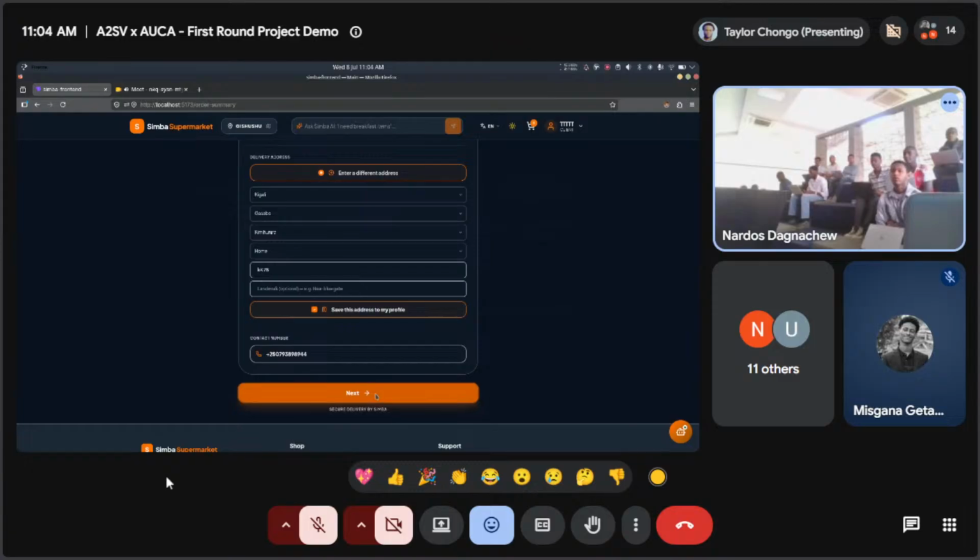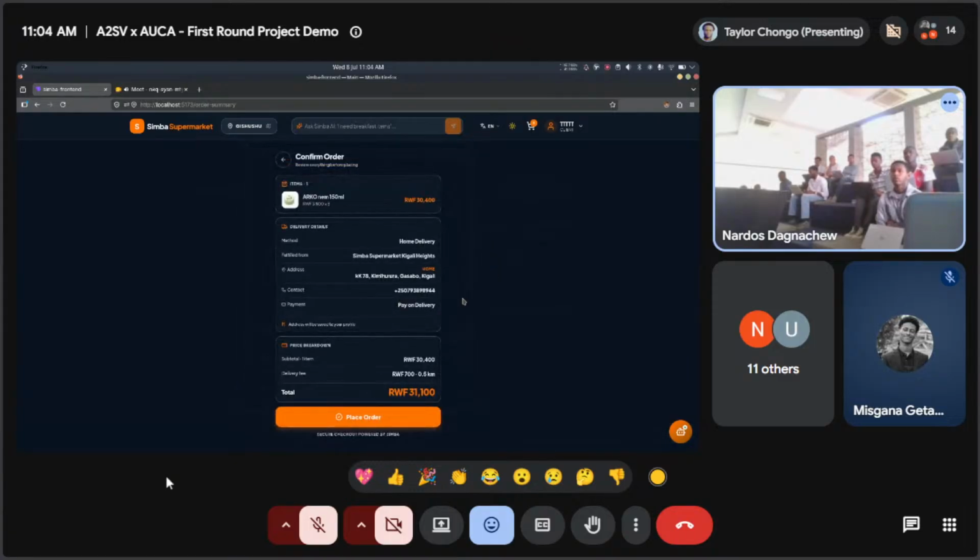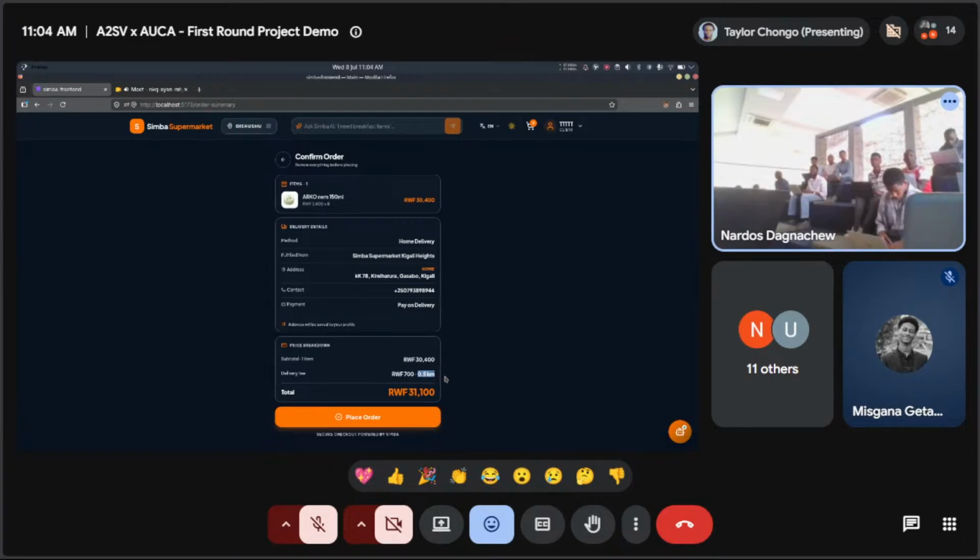So this is it. You can see that the closest branch based on the address that we entered is now Simba Kigali Heights. If you know Kimihurura, you can really tell that this is the nearest branch compared to the one at Kisimenti or Gisozi. Also there is a feature I didn't talk about, the delivery fee. It approximates the delivery fee based on the distance between you, the address you entered, and